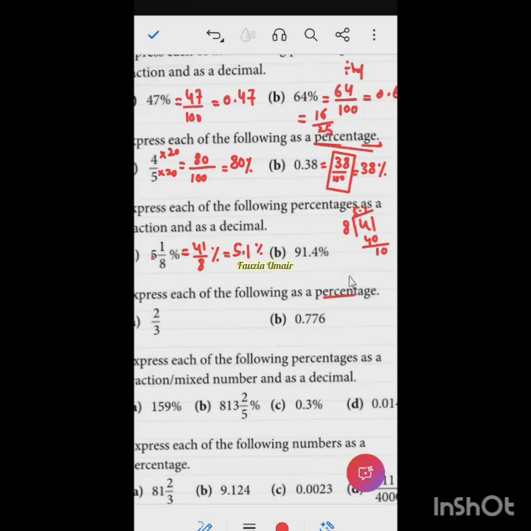परसेंटेज का मतलब क्या है कि हमने डिनोमिनेटर 100 बनाना है, लेकिन there is a 3 in the denominator. हमें ये पता है कि 3 को 100 नहीं बना सकते. I don't have any multiple which makes 3 into 100, right? So now what to do, we will do the third option. Yes, we'll use the third option. So this will be 200 by